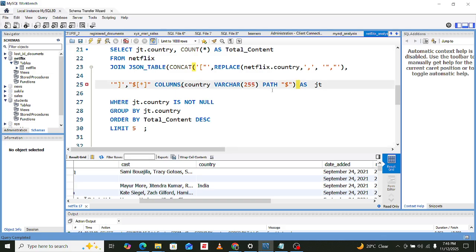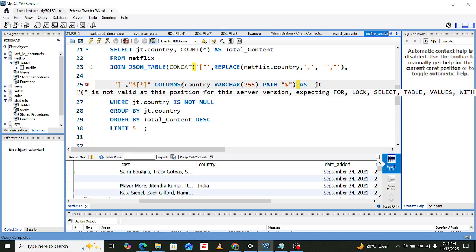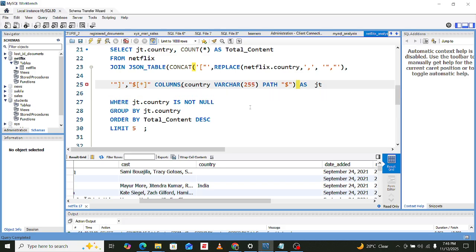Oh, that one. But again, I don't know. I think we should check the number of parentheses that we have. That is the JSON. Good. That one is concat. The first one should close here, and I can see we have replace. Let's see this replace.